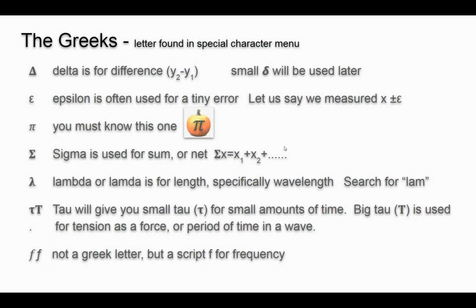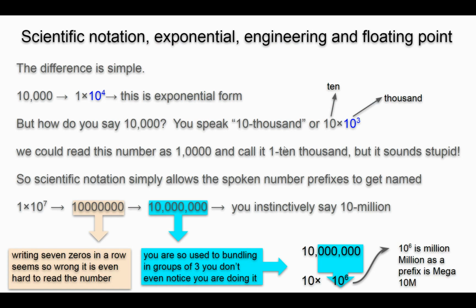Next is scientific notation, exponential, engineering, and floating point. The difference is simple. When you write 10,000 out, your calculator may spit it back at you as 1 times 10 to the 4th. This is an exponential form. But how do you say 10,000? You say 10,000. Let's look at it again. That's 10 followed by 10 to the 3,